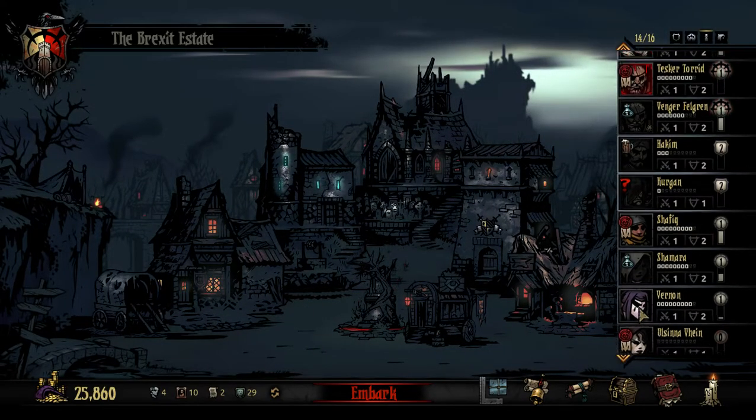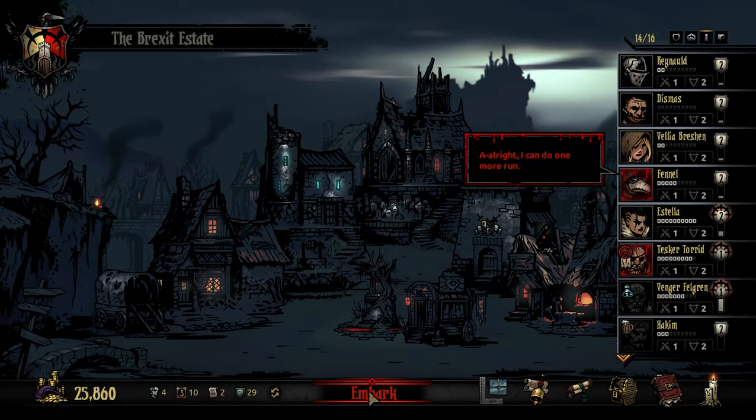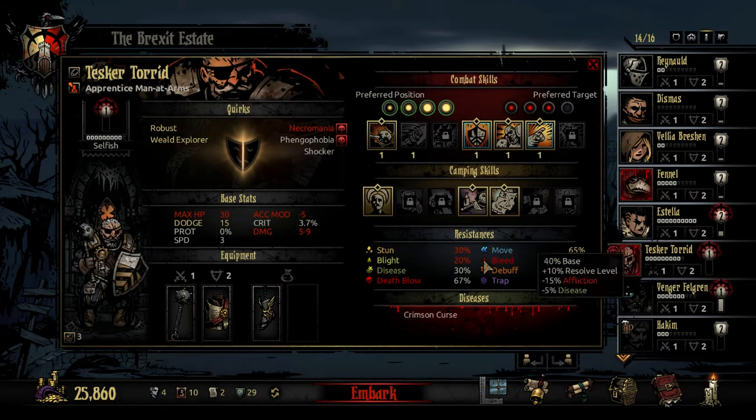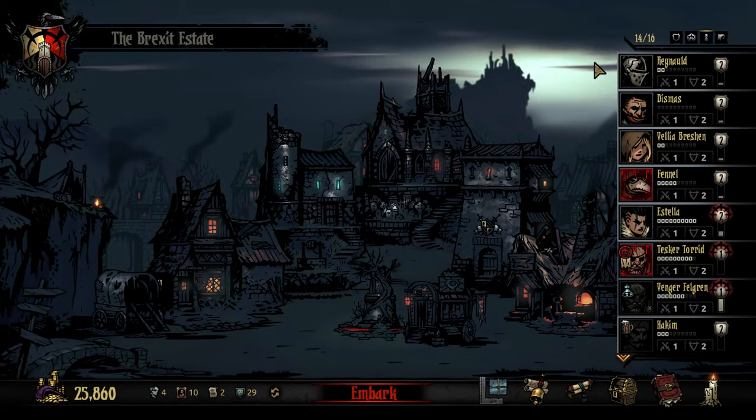So, unfortunately, due to circumstance and the fact that we're trying to keep at least these four heroes alive, we are going to be setting out on an adventure with a badly afflicted and cursed and diseased Tescatorrid, but at least he's got a bloomin' eye dodge chance, so that's giving him a chance. Now,